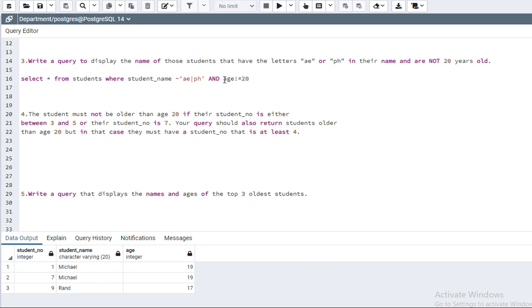So now execute this query and see the result.